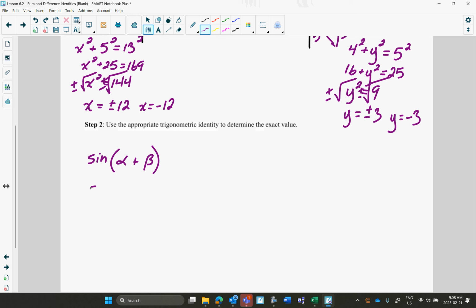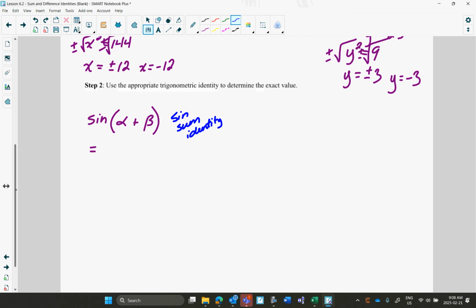Well, this is the sine sum identity. So we got to write it out. We got to expand it. So going back to your formula sheet,